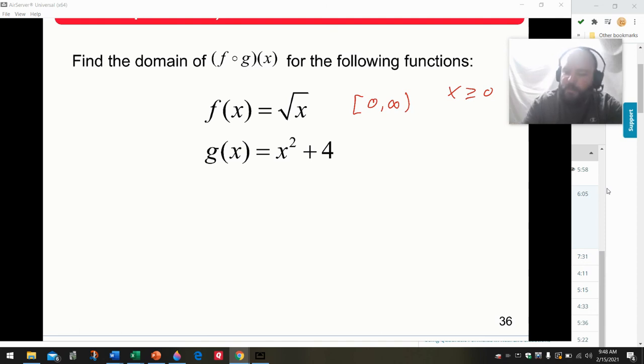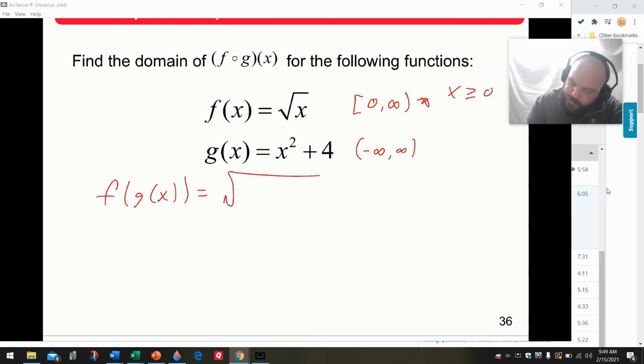Now, if you look at the second one, it's just a parabola that is shifted up 4. So that would not have any domain restrictions. So that one's negative infinity to infinity. So now that we know this is the most restrictive one, that is going to be the domain for our composed function, irregardless of what the composed function simplifies down to. So now when I find f of g of x, f is the square root of x, and then g of x is going to go on the inside,